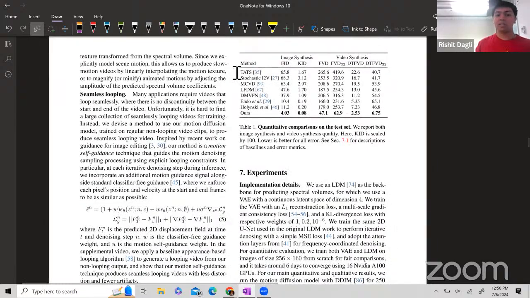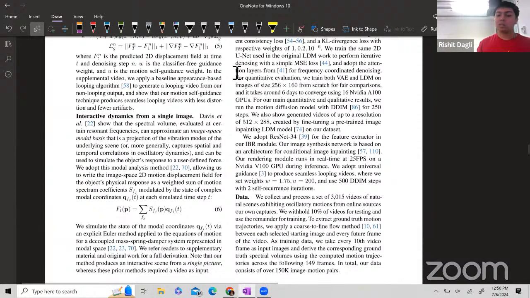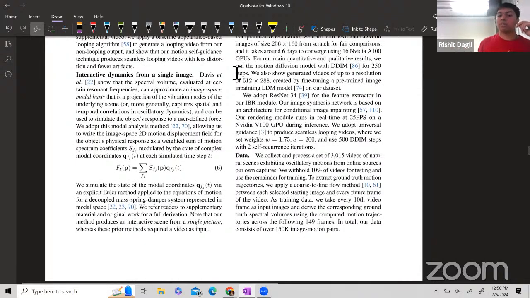The second one is interactive dynamics, which is a very similar problem to image to video. The demo they showed was actually interactive dynamics, because you have some trajectory which you condition on, and the motion needs to go through it.